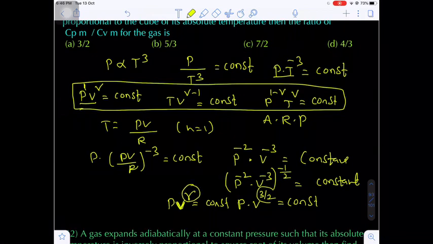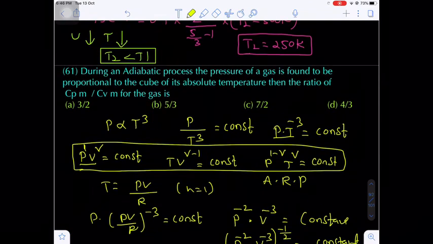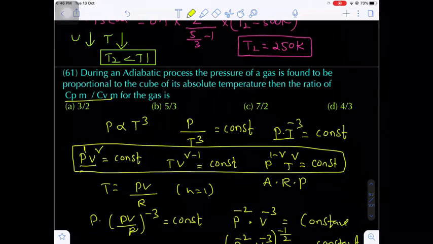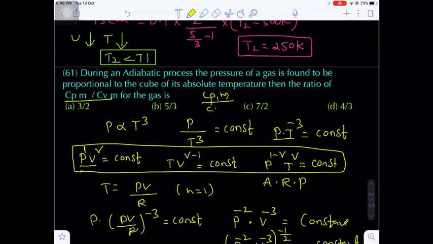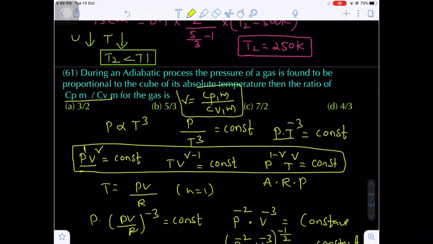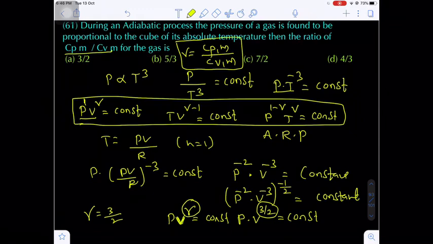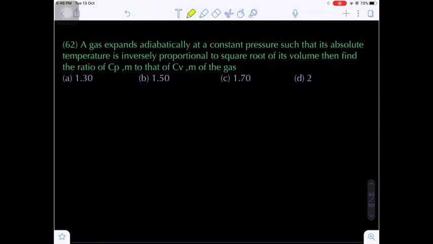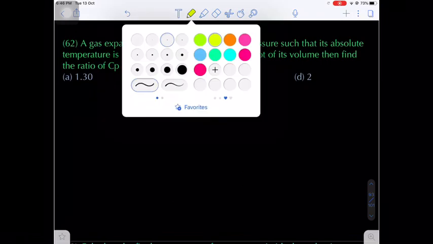From these two expressions, if I compare, shall I write the gamma, that is the Poisson ratio. Poisson ratio 3 by 2. In this question, what is asking? CP, heat capacity at constant pressure. M stands for molar. Molar heat capacity at constant pressure to that of a constant volume, nothing but the Poisson ratio. Indirectly the question is find the Poisson ratio. The answer will be first option. Are you getting my point?